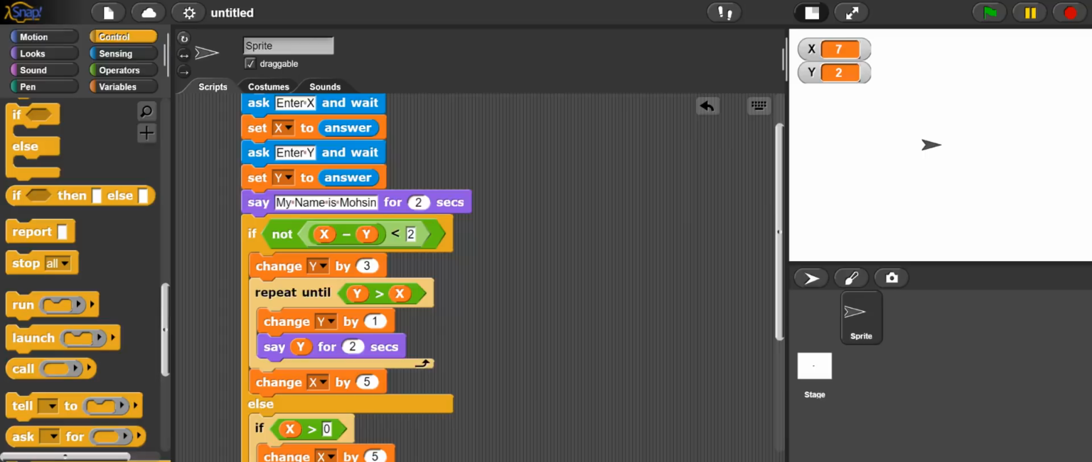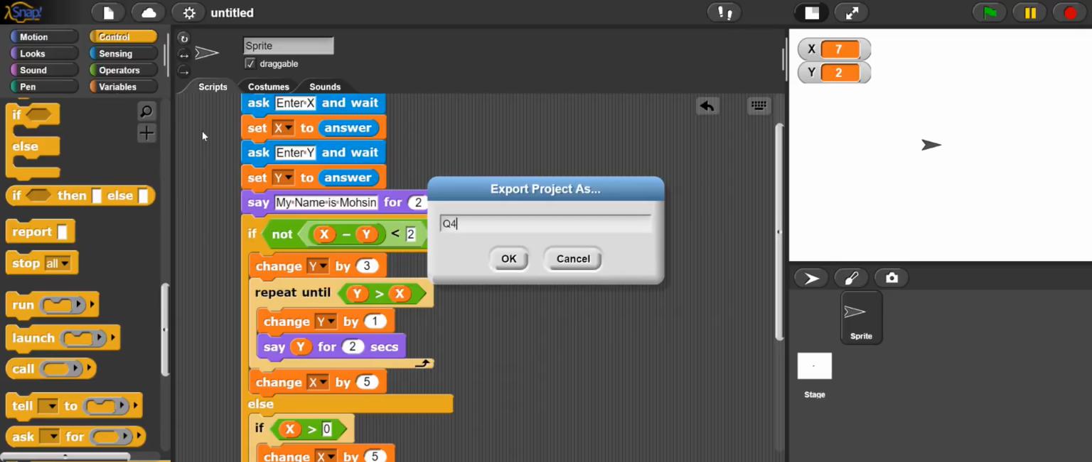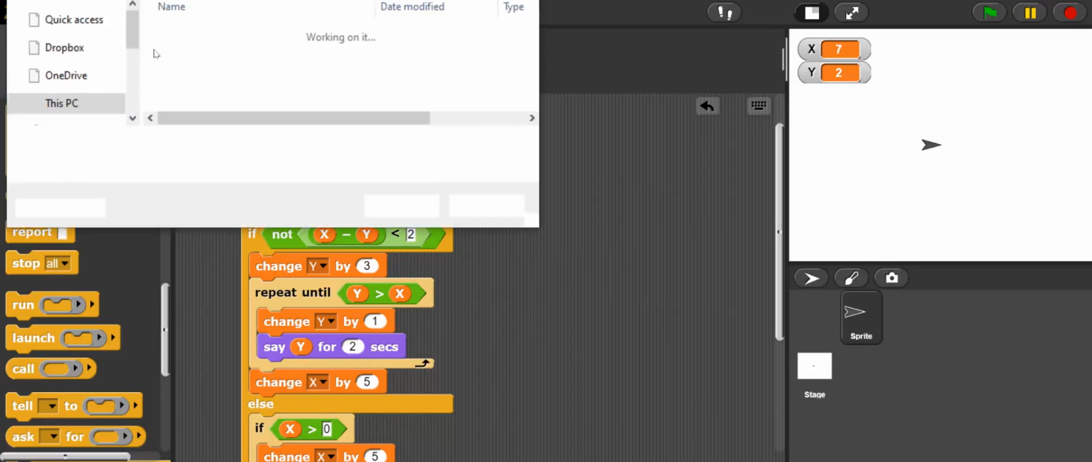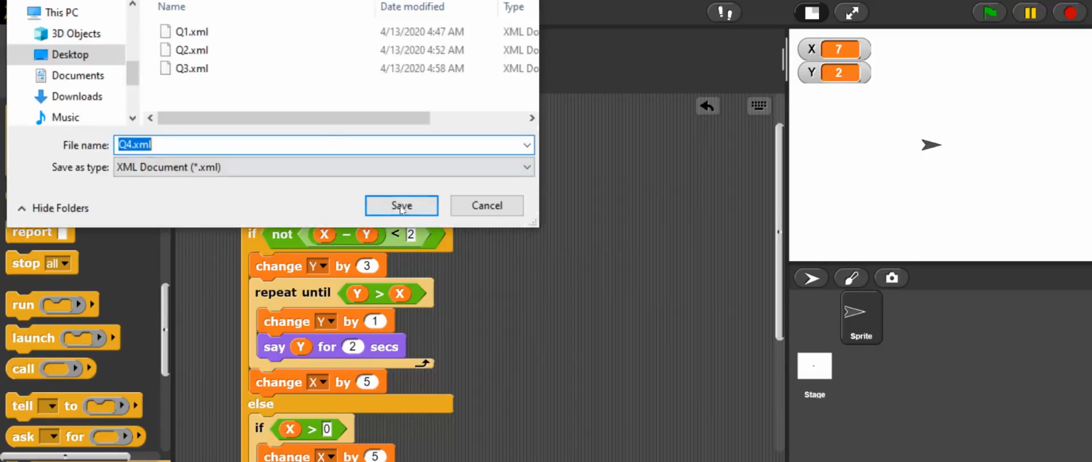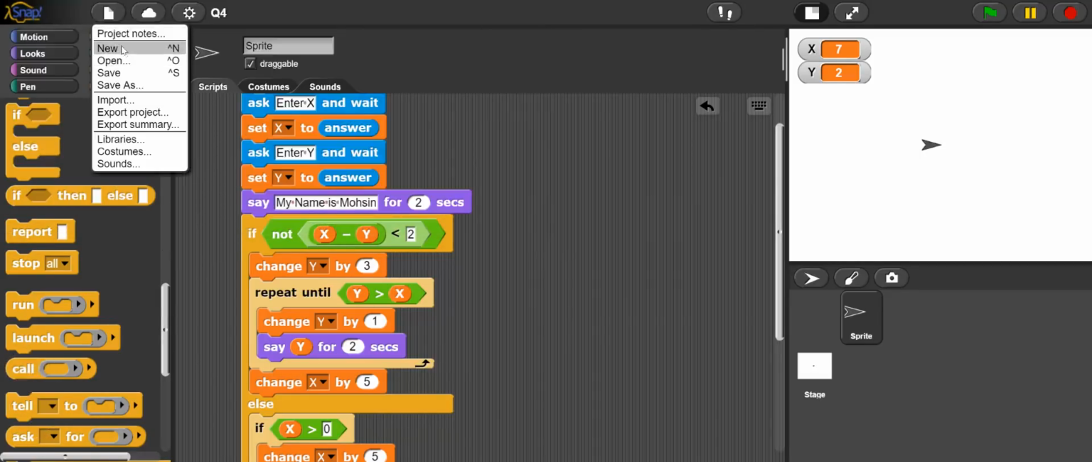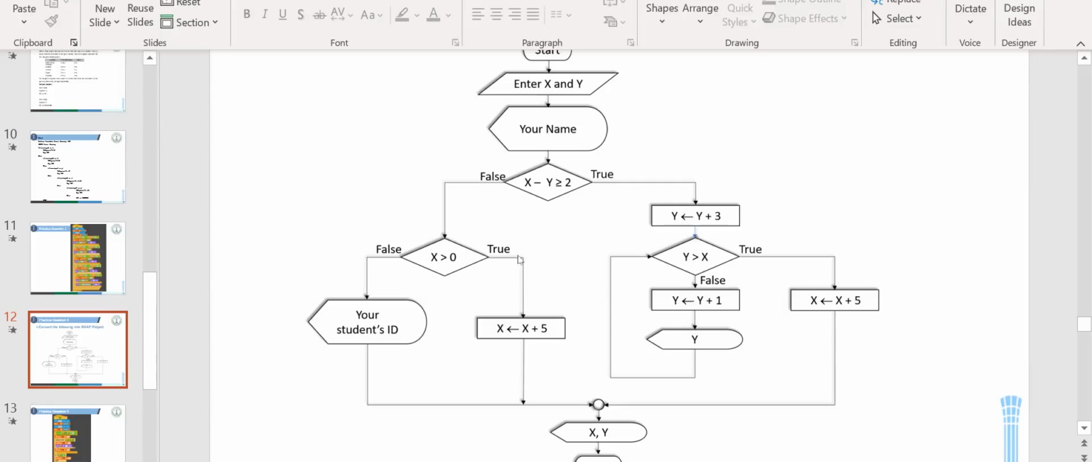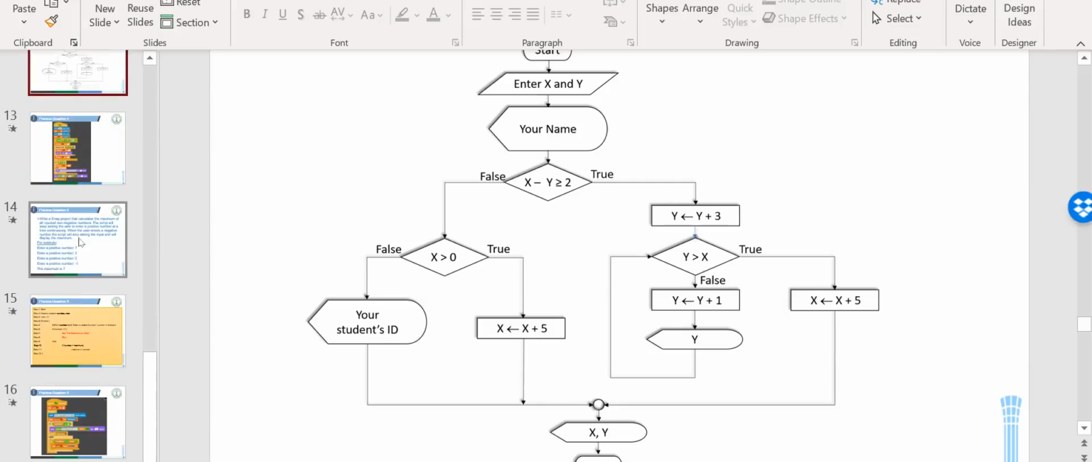So this is your export project question 4. Next, we do the last one, new project. Last one is similar to what we did before,